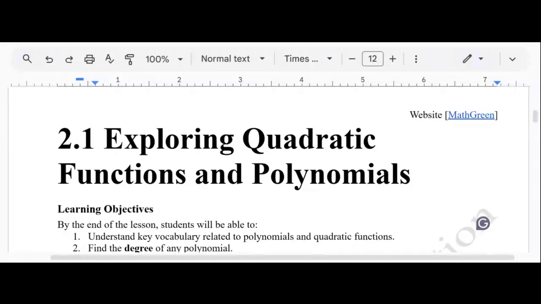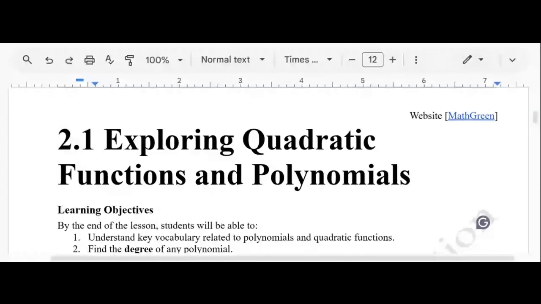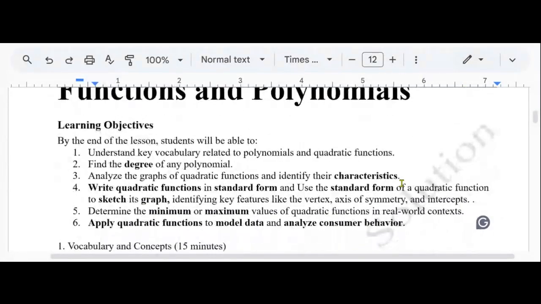Welcome to Chapter 2, 2.1, Exploring Quadratic Functions and Polynomials. Learning objectives. By the end of this lesson, students will be able to